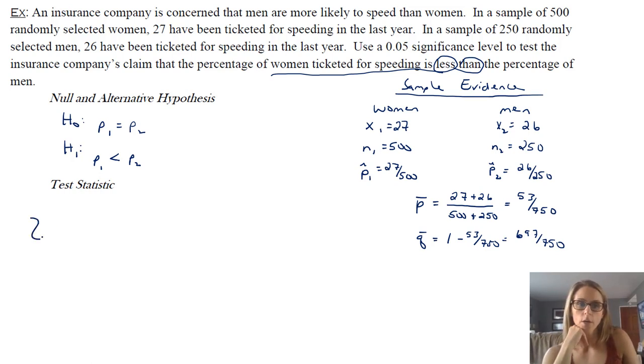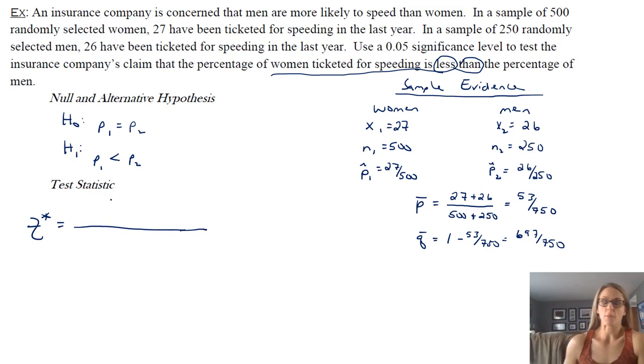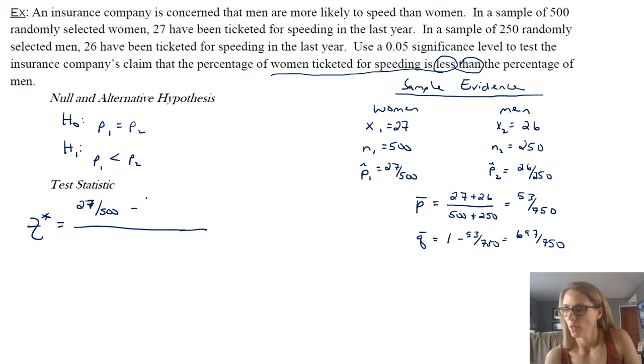So now we will get our test statistic. It is a Z statistic because we're talking about proportions here. So we're using the idea of the normal distribution. So notice what this is, and you can come up with these as decimals, that's fine. I happen to have them in my notes as fractions, so I'm just going to write them as fractions, and then if you want, you can put them as decimals. But we have our P1, 27 over 500 minus 26 over 250.